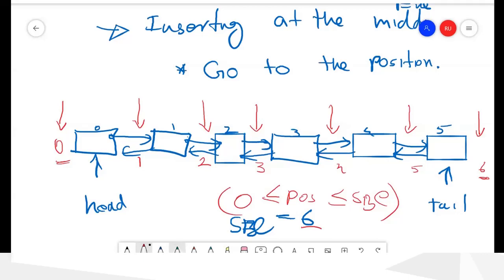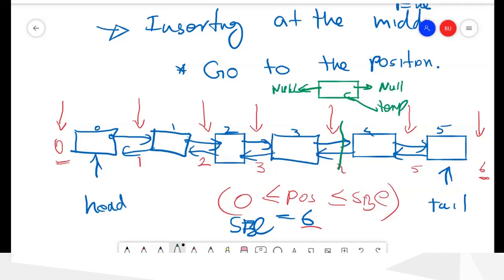So now, for example, we want to insert the node here. We have null here, and this one will be null, and this one is 10. So we want to insert here.